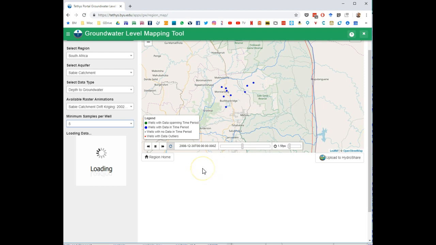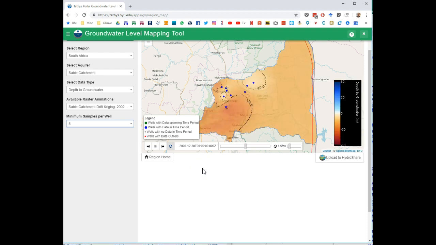So these rasters were set up using an interpolation interface that you can only access if you have admin privileges, which we should be able to grant to those that want to be able to get in and play with the raster animation and try the different techniques. But that's where we are right now, and would love to talk about it more when you get